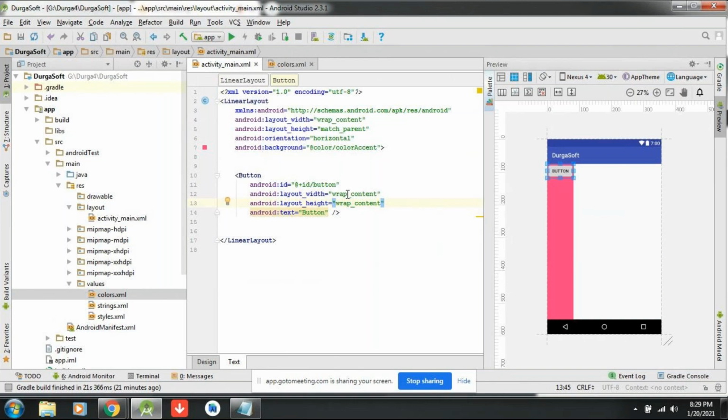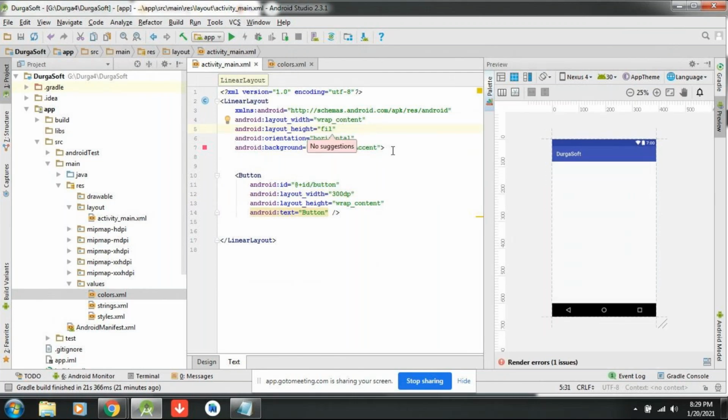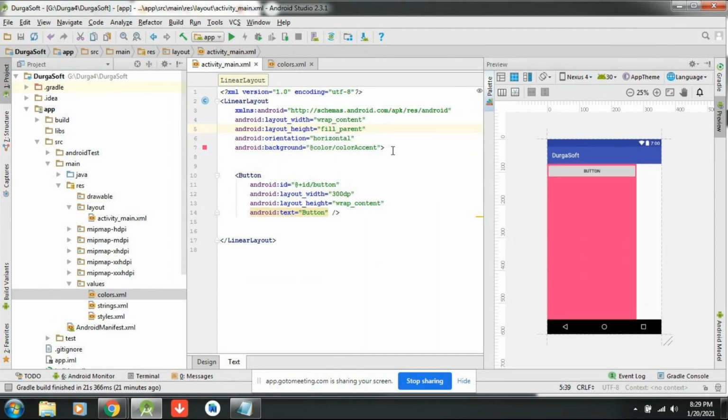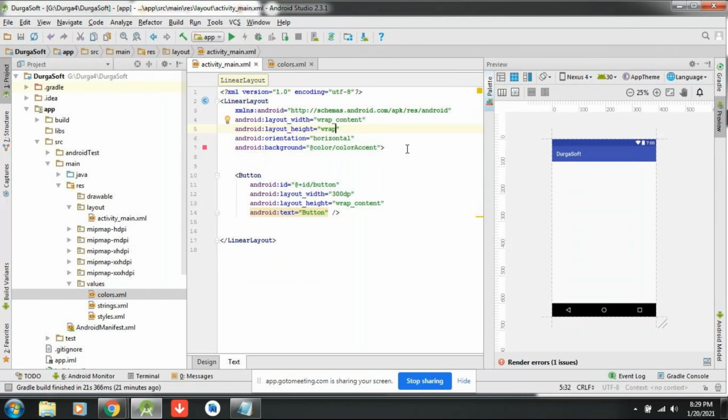Okay. Let's say I will write this width as 300 density pixels. It has increased, right? How about height as wrap content if I write? Fill parent remains same. So how about this one, wrap content? Understand what will happen?